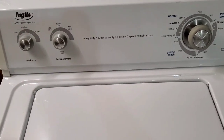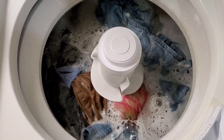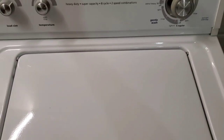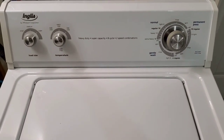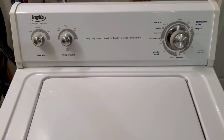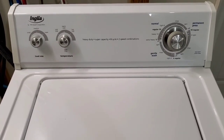And right now I've got this guy loaded up. Pretty heavy jeans and towel load here. You can see it's doing a good job agitating. You can hear that agitation sound. And of course the washer gets a 28-point inspection, the dryer gets a 22-point inspection, everything electrical, mechanical, it all